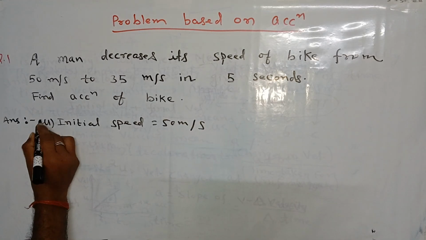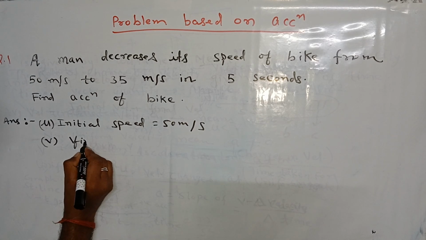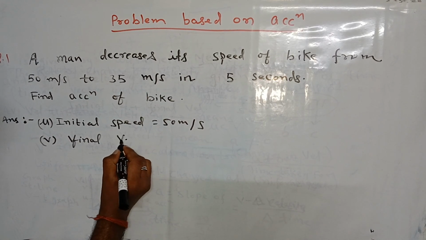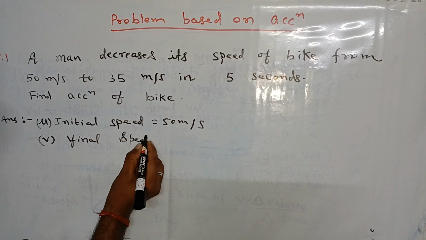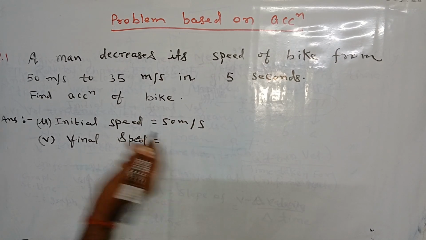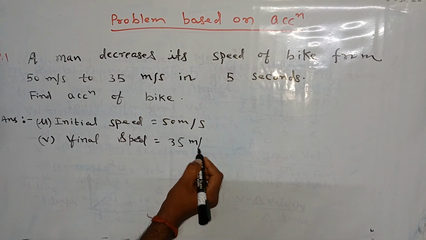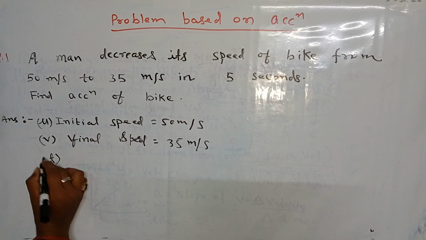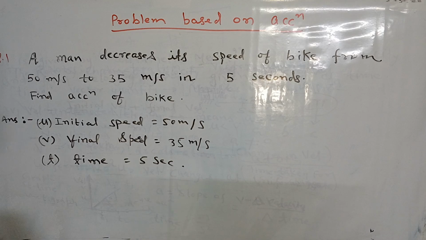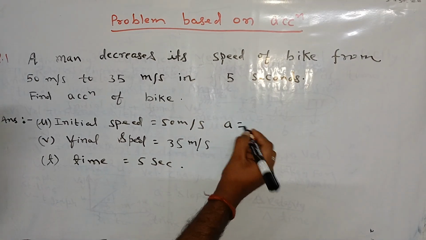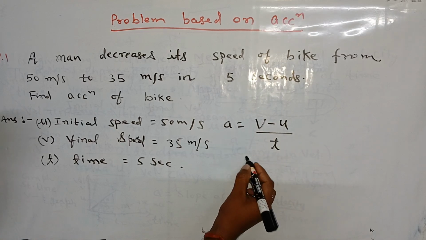Here it is U, and the final velocity V is the final speed, which is 35 meter per second, and the time is 5 seconds. So according to the formula A equals V minus U by T, we will get